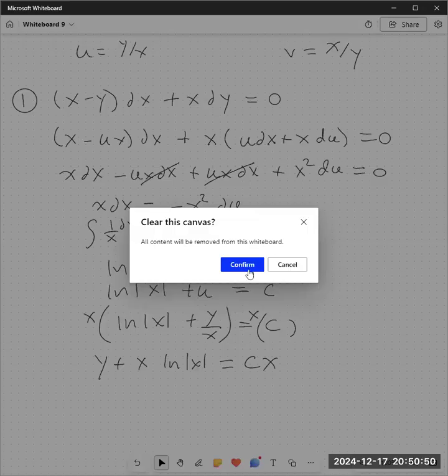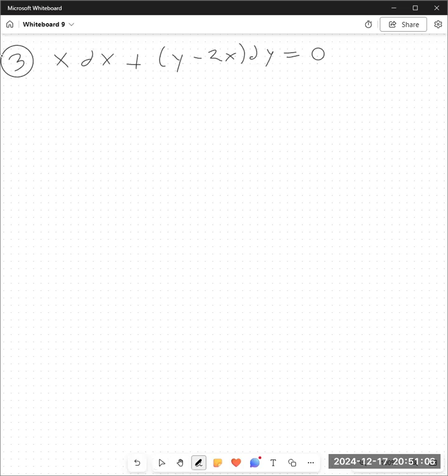All right. Let's look at the next problem here. x dx plus y minus 2x dy equals 0. You can see that the monomial term here is with the dx, so I'm going to let x equal vy. dx is going to be v dy plus y dv. And so we have